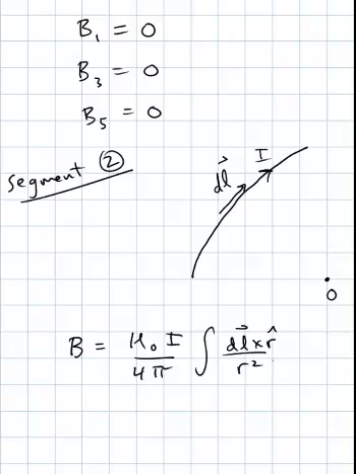So dl is some small segment of the current carrying wire,